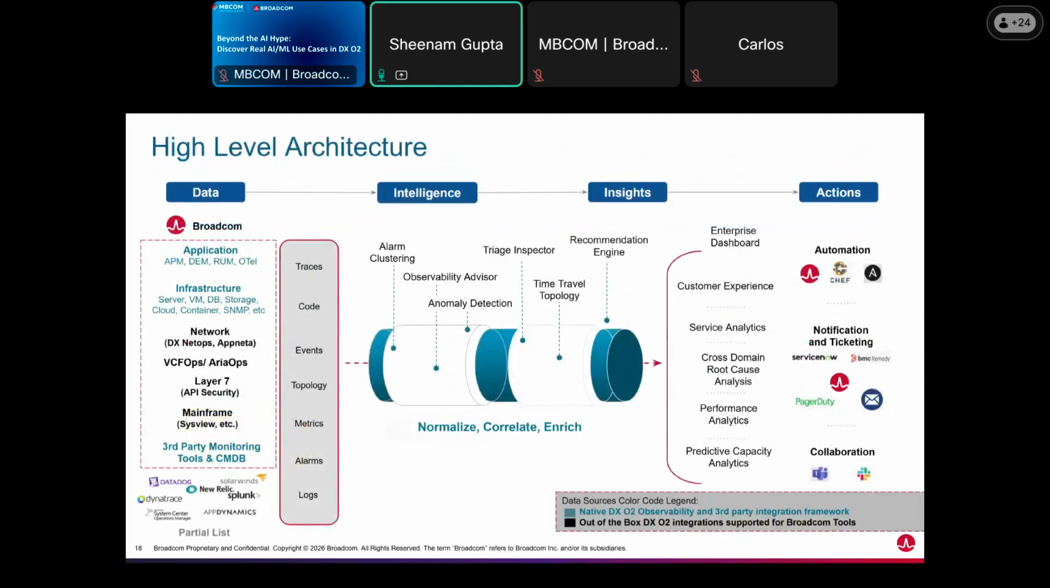So looking at the clock, I do want to leave time for Q&A. This is a quick recap of the high-level architecture. I'm not going to go through it, but I'm going to open up for questions if there are any. And meanwhile, as the questions arrive,